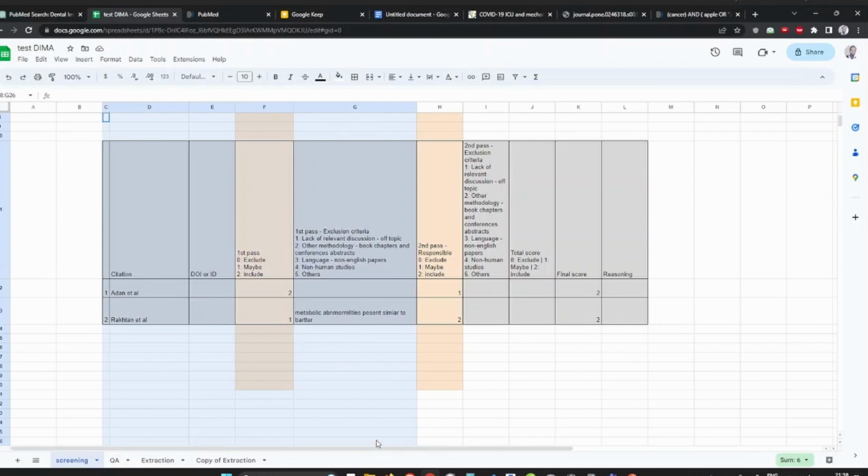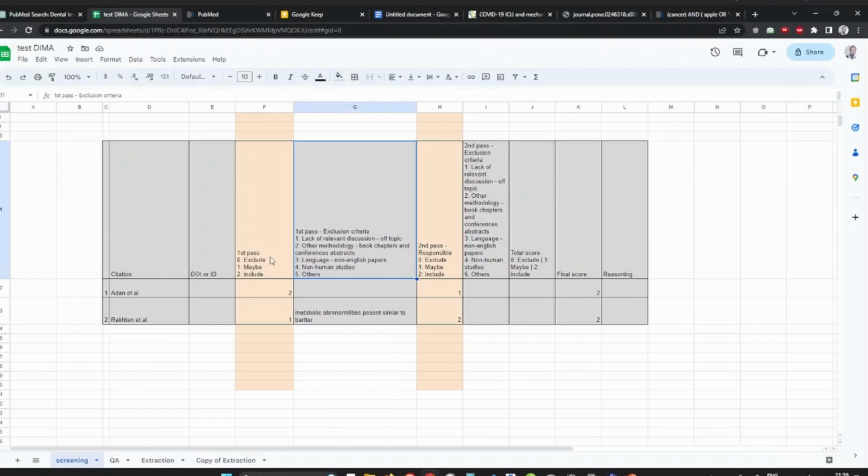So what I will do, I will make two sheets for this one. One sheet I will put in, because I'm blinding the first author from the second author. If the first author is saying include this paper, then he will give a reason for that. For example, this is my exclusion criteria. If I'm excluding